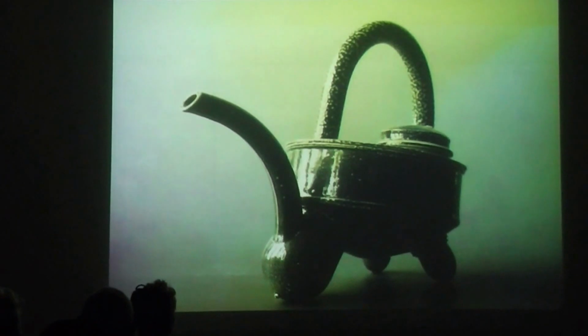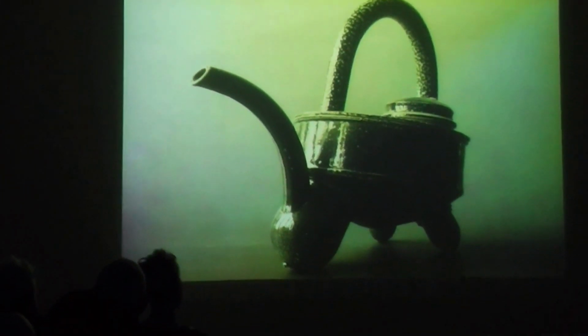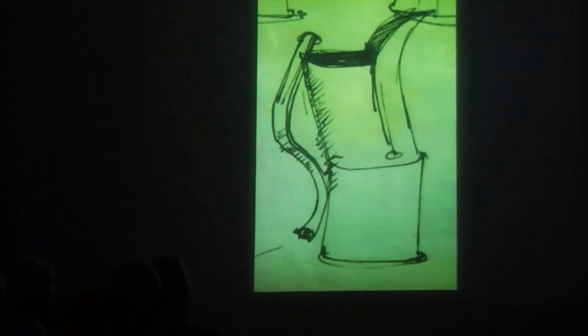And all sorts of wacky teapots have emerged. God knows where they came from. This was a drawing I did